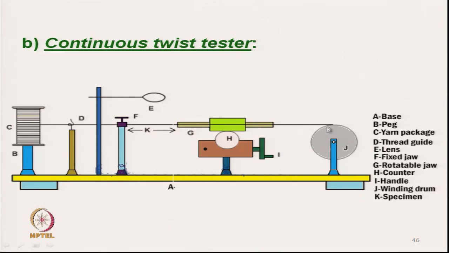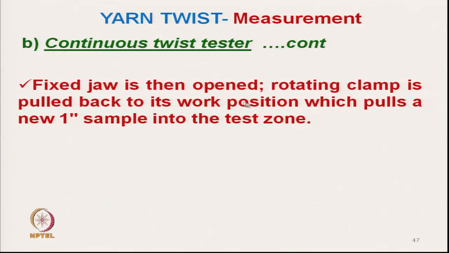So, there will be slackening here, and that slackening we can manually wind again. After that winding, the specimen is ready for testing, then we will start the unwinding and measure the twist. So, the fixed jaw is then opened, the rotating jaw